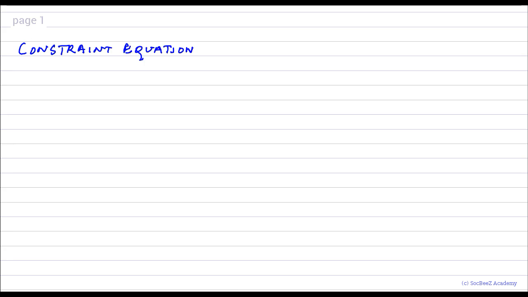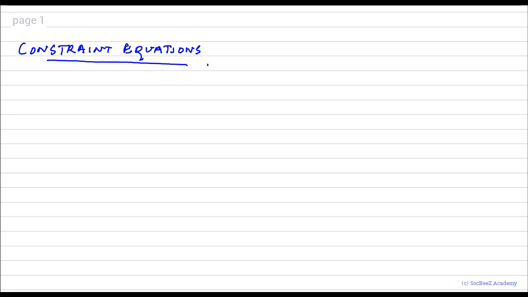Okay, so basically we would be dealing with two types of constraint equations. One would be the string constraint equation, which is based on the fact that an ideal string is inextensible. This constraint equation applies only to ideal strings. Okay, so let's say,